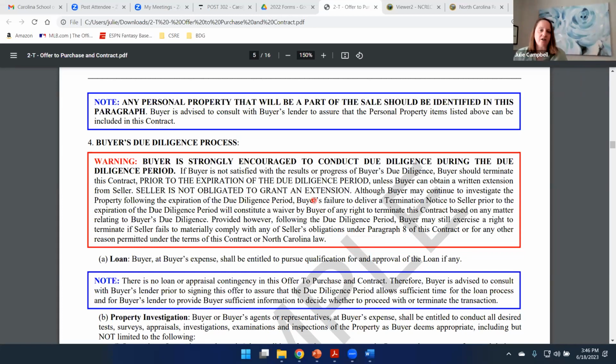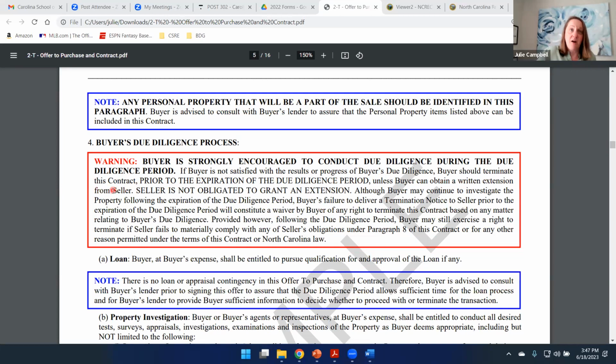A lot of this we've already talked about in chapter 12, so we're not doing this word for word, just a nice review. However, I see a big red warning, bold, and all caps. I think this is important, so we're going to take a minute and look at this warning. Buyer is strongly encouraged to conduct due diligence during the due diligence period. If the buyer is not satisfied with the results or the progress of their due diligence, buyer should terminate this contract prior to the expiration of the due diligence period,